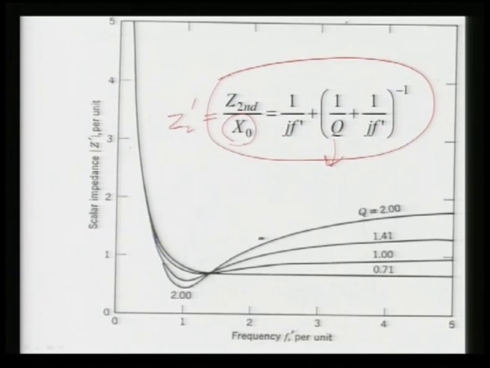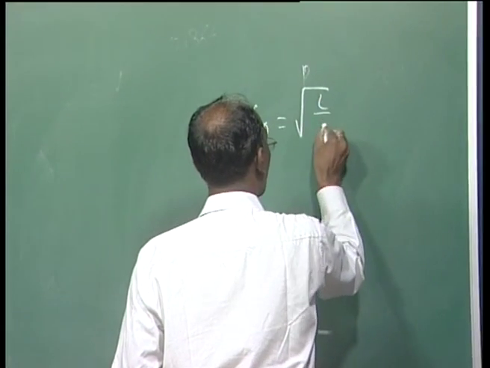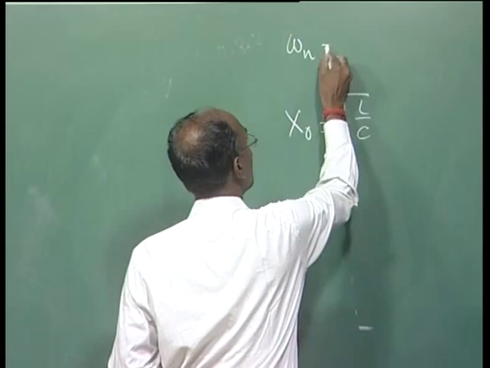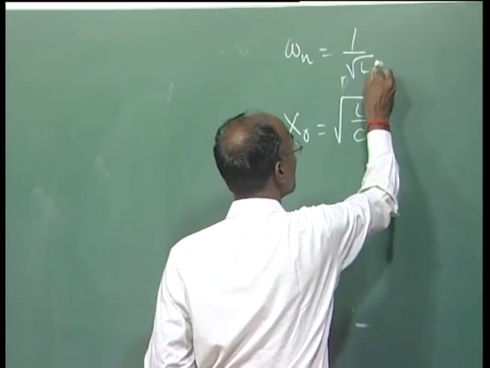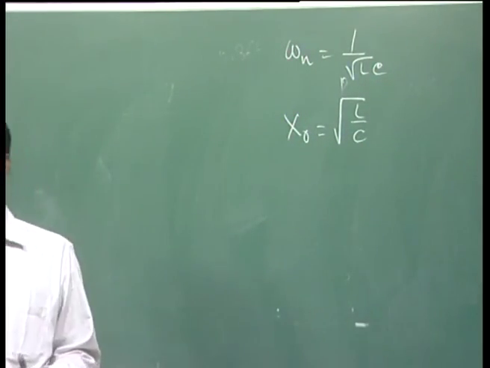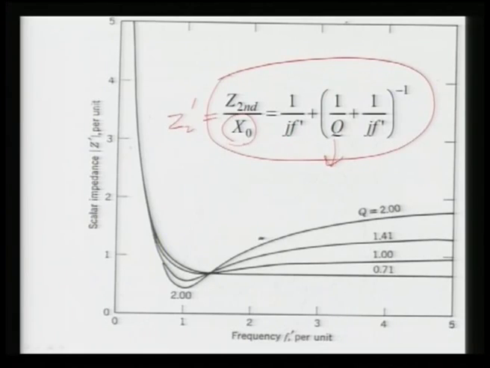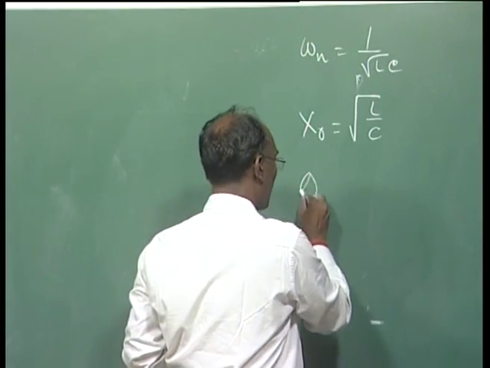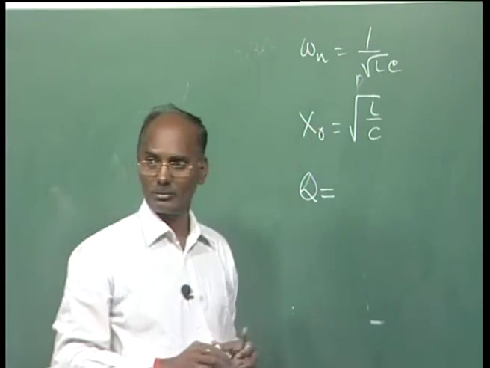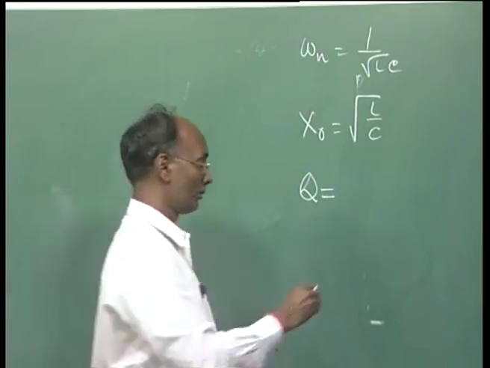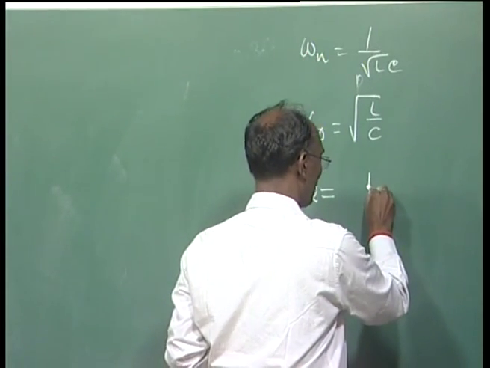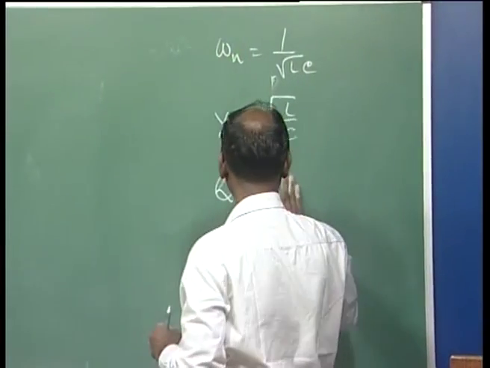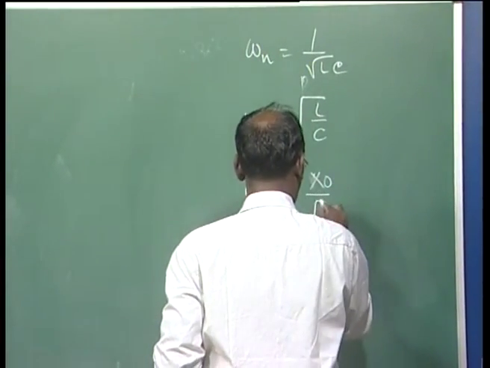Here, if you remember, earlier we defined L upon C. We can have the omega n, it is defined as 1 over root L C. Whatever the value of this, there will be some tuned frequency omega n for given L and C values. So, this is defined in this term, and we can write this quality factor in terms of X naught. What will be this value? R by X naught or X naught by R? It will be X naught by R.